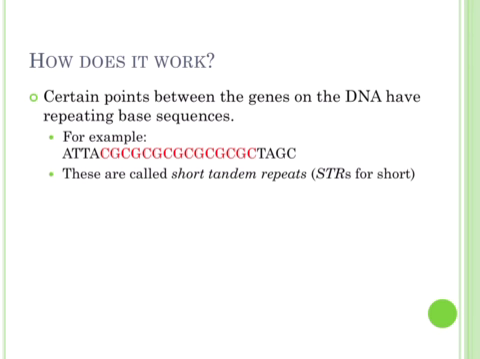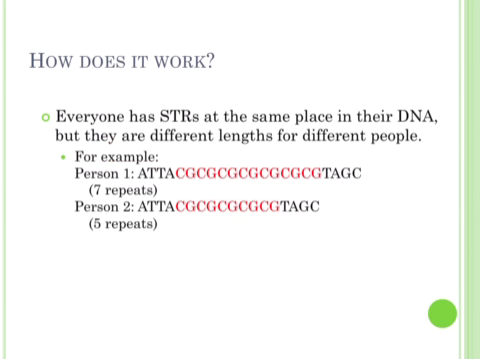Certain points between the genes on DNA have repeating base sequences. If you see here in red, it's the CG repeat, and this is referred to as a short tandem repeat, or an STR. STRs happen at the same place in everybody's DNA, but they are different lengths. For example, here we have person 1 that has 7 repeats, but person 2 has 5 repeats. Well, if you compare those, and you compare all the STRs in an individual, it's easy to identify the differences